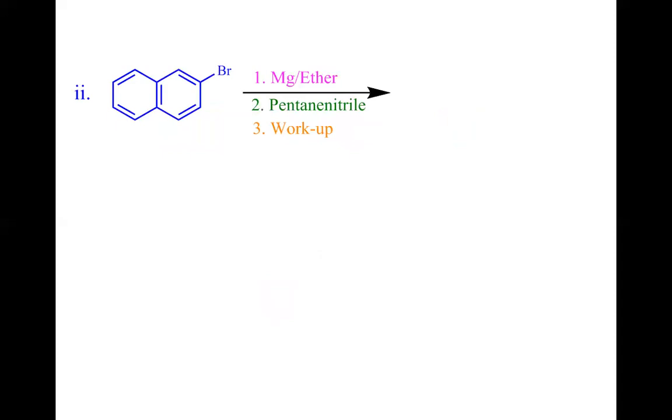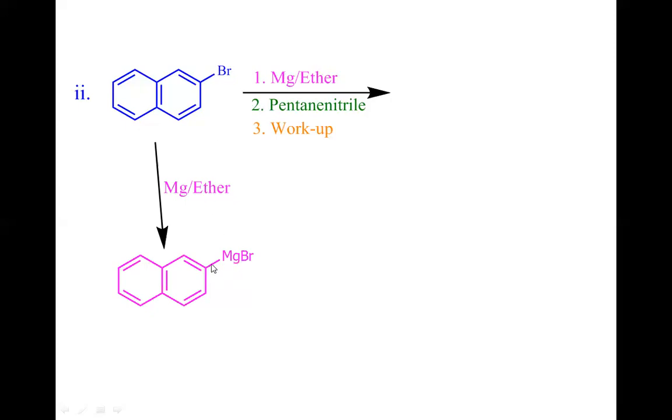For the second reaction, it's a three-step reaction. Basically, we could also say two-step because the third step is a workup. It's not usually counted. It is considered obvious. So the first step for this haloarene is the formation of the Grignard reagent, because this bromonaphthalene is treated with magnesium in the presence of ether as a solvent. So this carbon which is ipso with respect to the bromine will become nucleophilic, because the magnesium will have oxidative addition between this carbon and bromine.